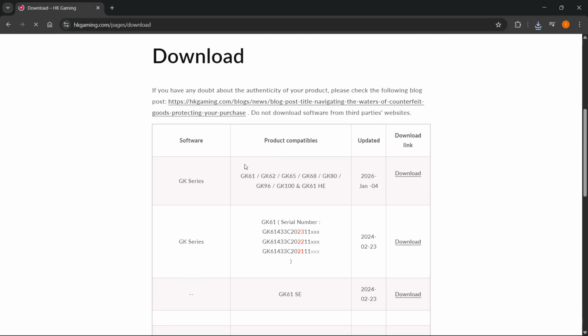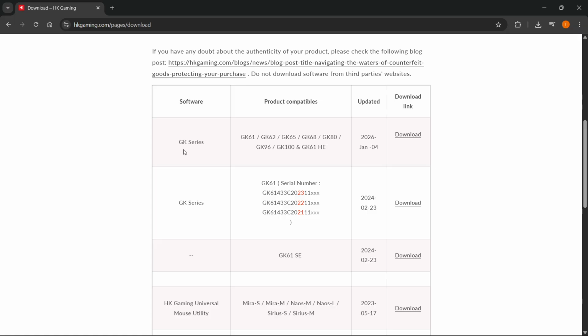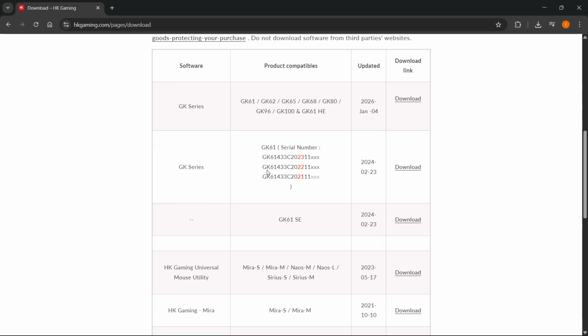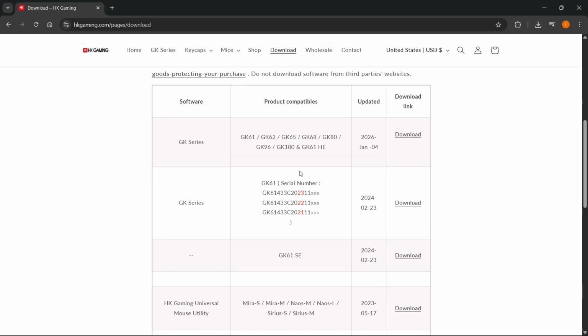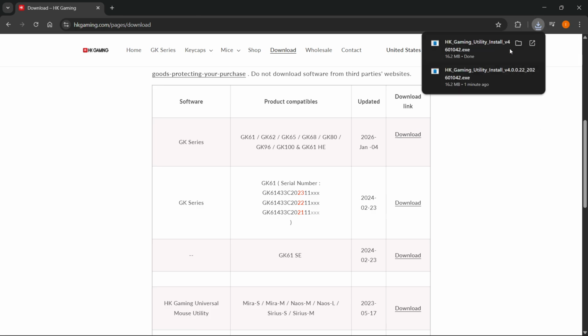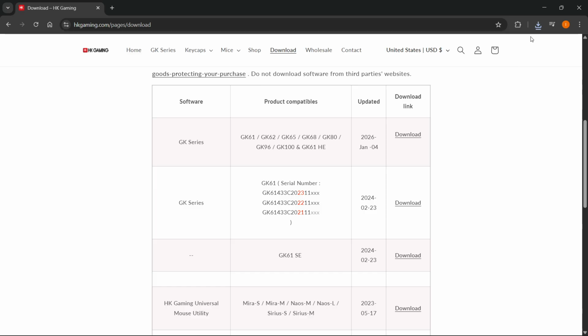And it's going to show you a bunch of downloads, and here it says software for GK series, and this is for GK61 over here. So as you can see, this is for these keyboards, and then if you have any of these serial numbers over here, you have to download this one. So for example, for just GK61, you can just click on download over here, and it's going to download a software. If you have any of these serial numbers, click on download over here, and it's going to download that software, or you can just download it over here if you have the GK61 SE, and it's going to download